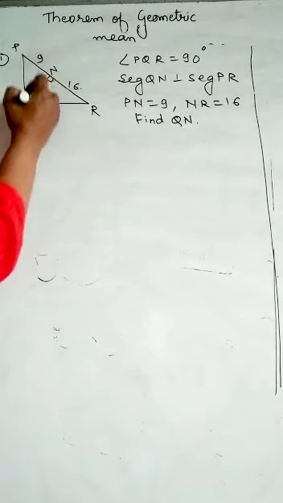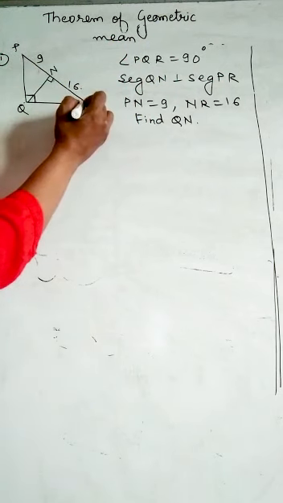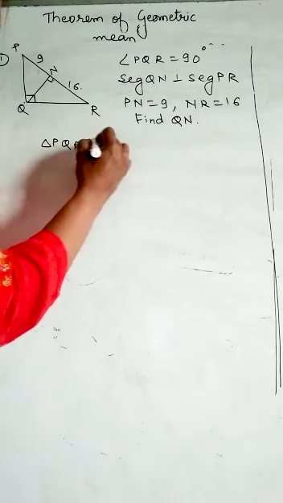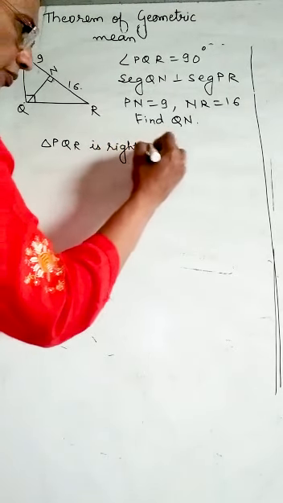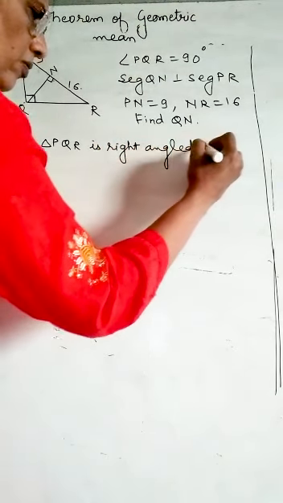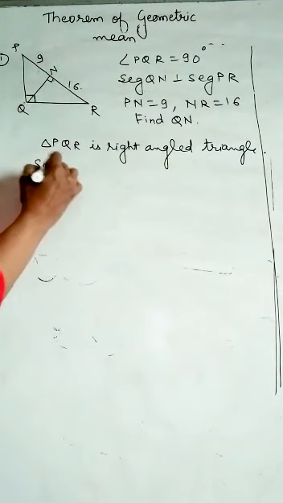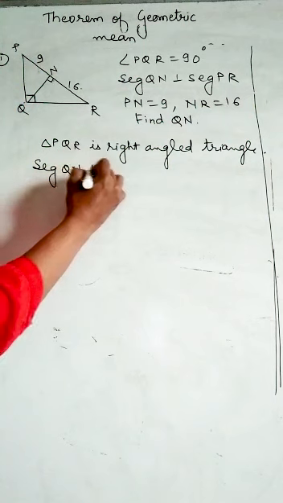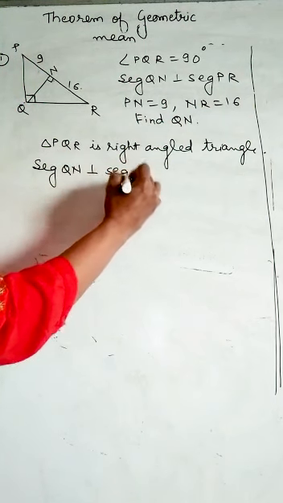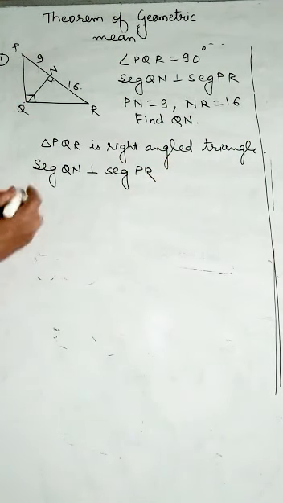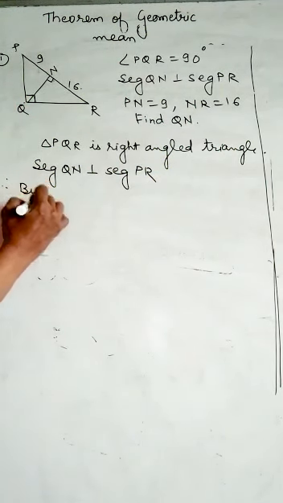First condition, given triangle is right angle triangle, and second condition, so we will write triangle PQR is right angle triangle and segment QN is perpendicular to segment PR. Therefore, by theorem of